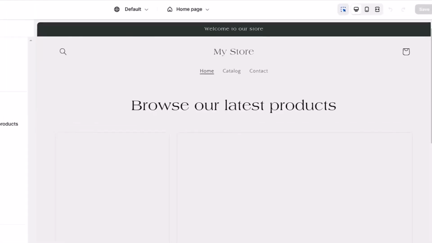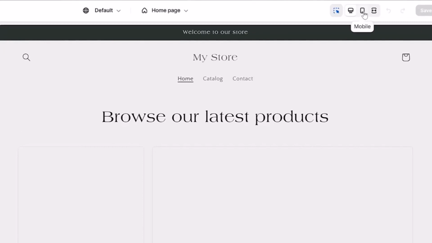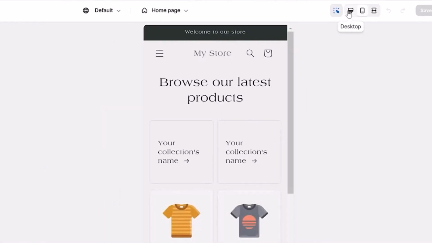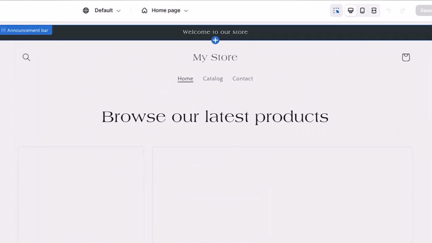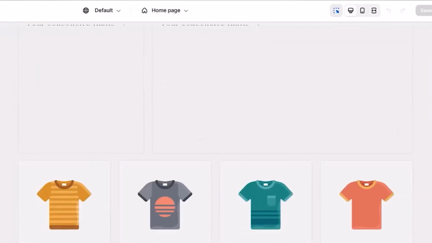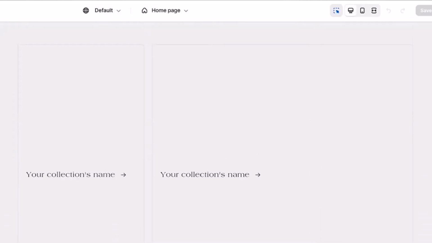You can click the Mobile Editor button inside of it to switch to the mobile view to see what your store looks like on a mobile device. And you can click the Desktop button to switch back to seeing what it looks like when it's on a full-width computer screen. So let's update our theme settings now so that we can make our store look custom and